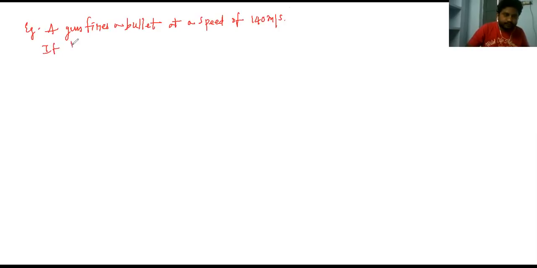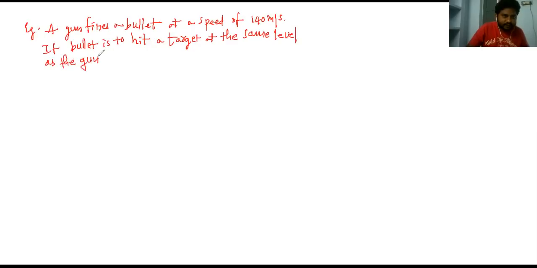If the bullet is to hit a target at the same level as the gun, and at 1 kilometer distance, the angle of projection may be,